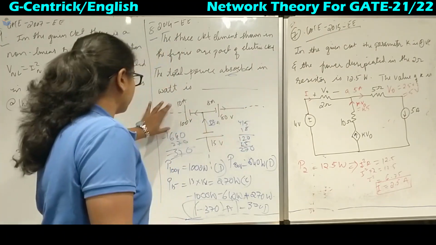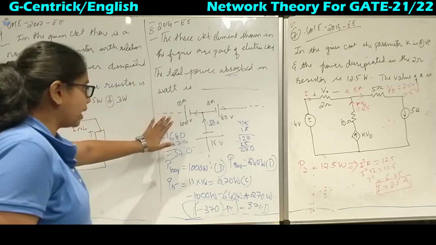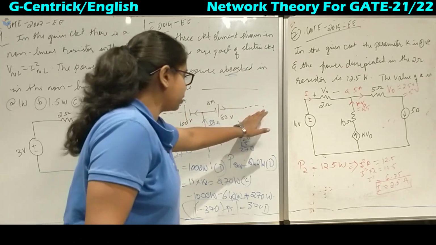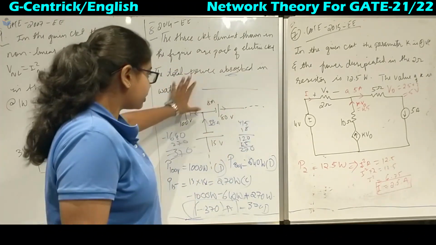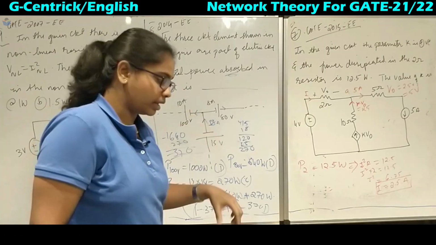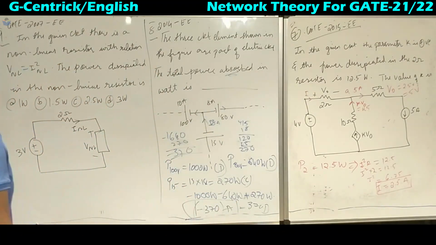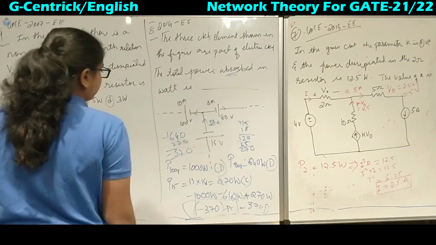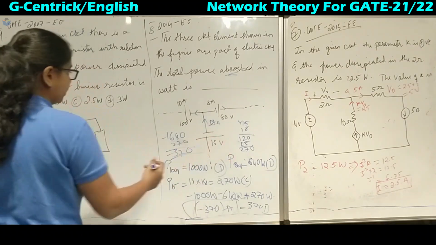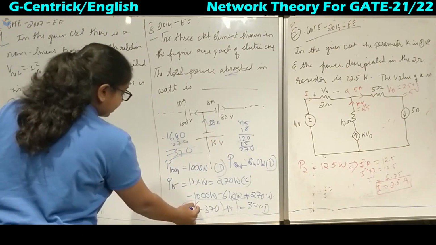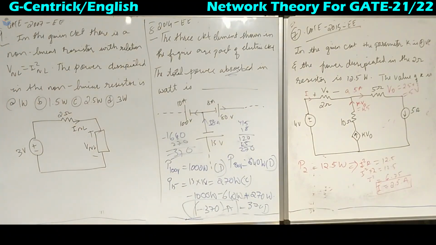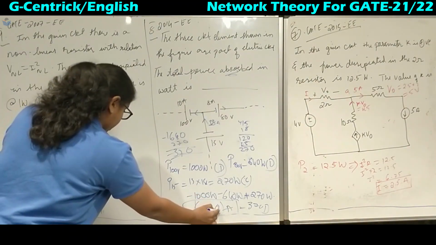That is because we do not know what the other part of the circuit present in these dotted lines is. So for this circuit diagram you will not get the same answer. Now if you take the direction in the opposite way for this 18 ampere, then it will be minus 18, and you will get this as plus 370 watts absorbed. So this is the power in watts.